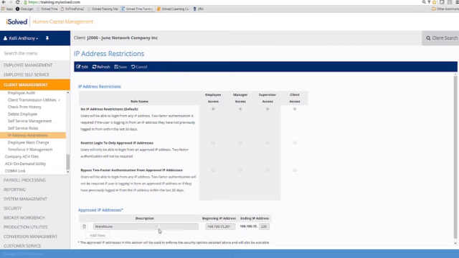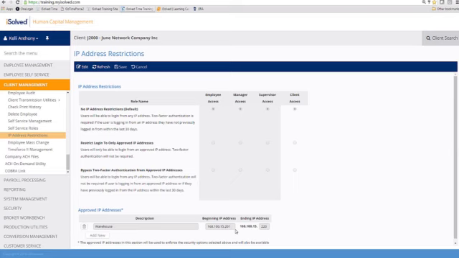Now, you can have multiple approved IP addresses down here at the bottom. Some companies have sporadic IP addresses. They don't really have a range. People are located all over, so they've all got their own IP addresses. You simply hit the Add New, enter in the description and the IP addresses for as many as you would like to have listed. So, IP address restrictions under Client Utilities is where we can designate where employees can actually